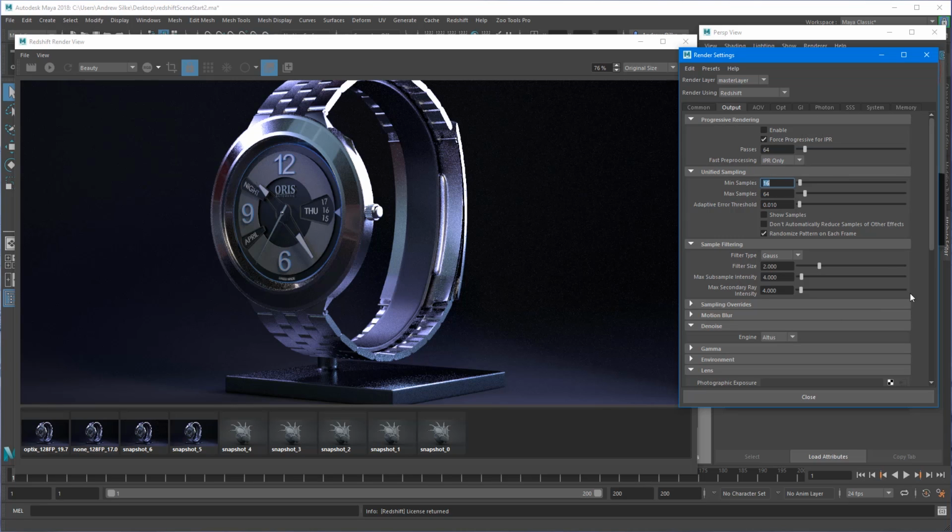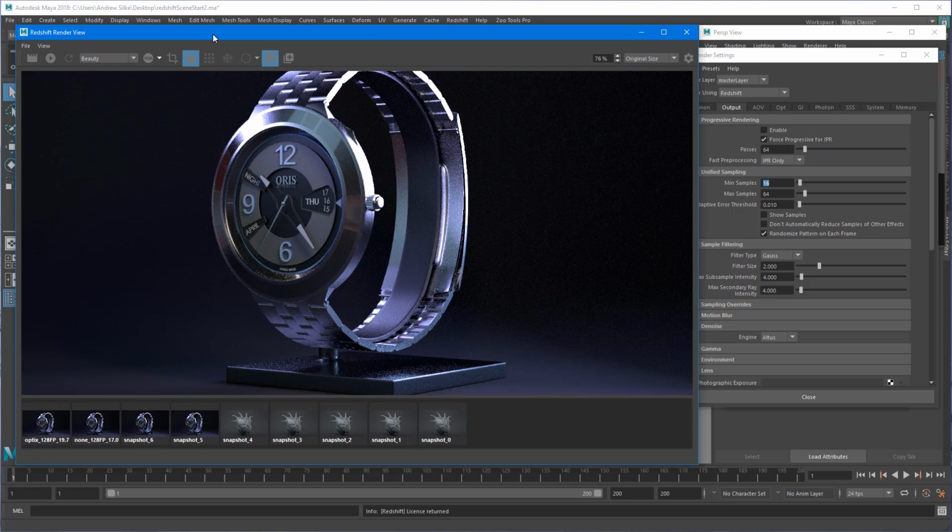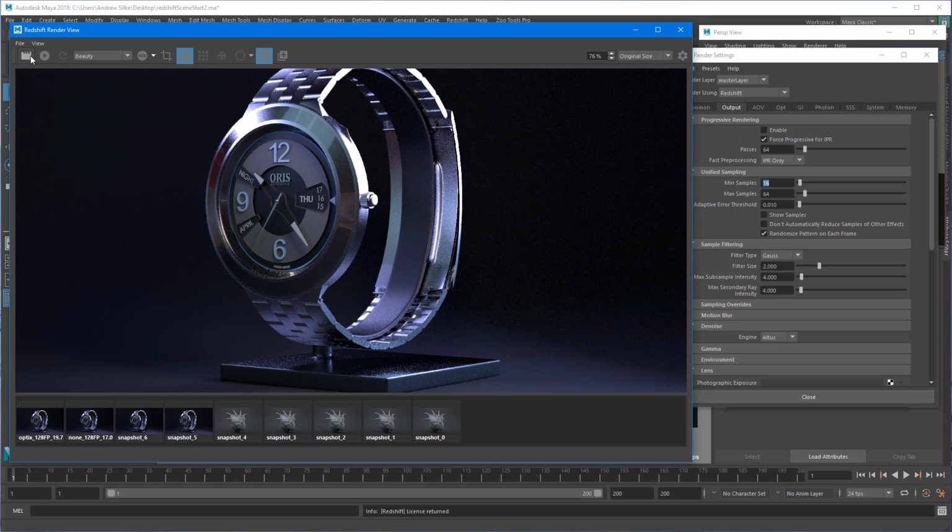Now, people will probably tell me all about this sampling, but I'm trying to keep this as simple as possible. Let's not confuse the issue too much. You can get into a lot of ifs and buts with rendering. So